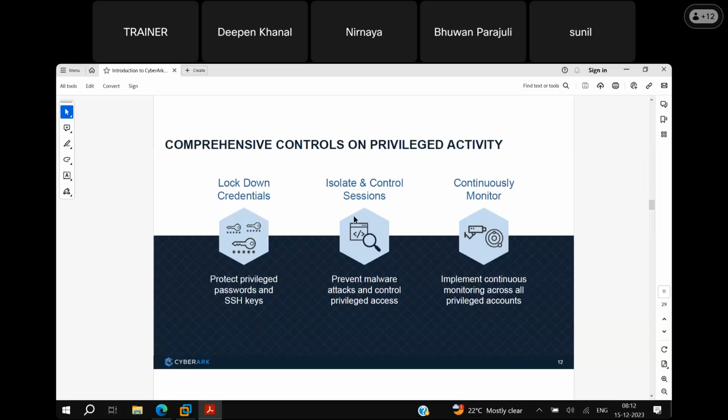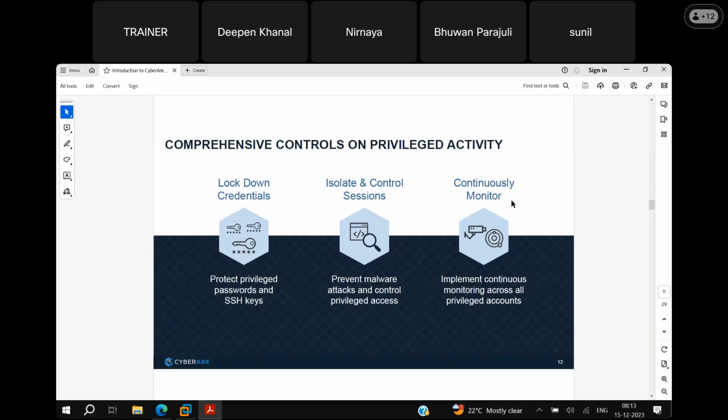And next, isolate and control sessions. Isolate means separate. Using PSM, the privileged session manager in CyberArk, we isolate the sessions and provide more control over them.